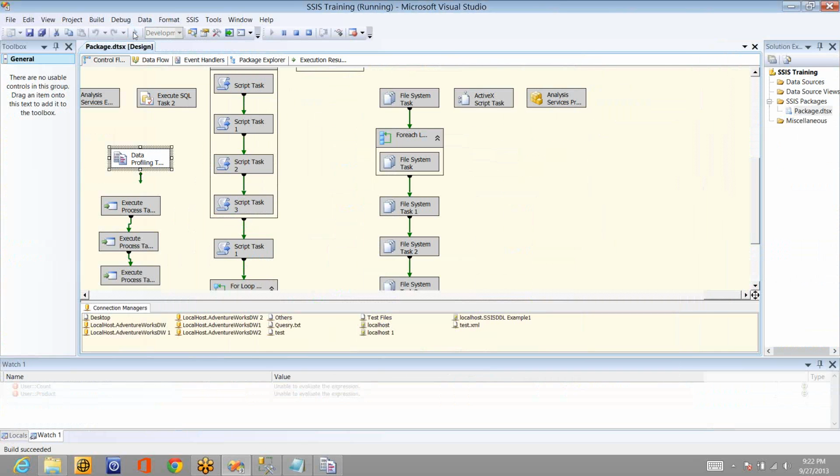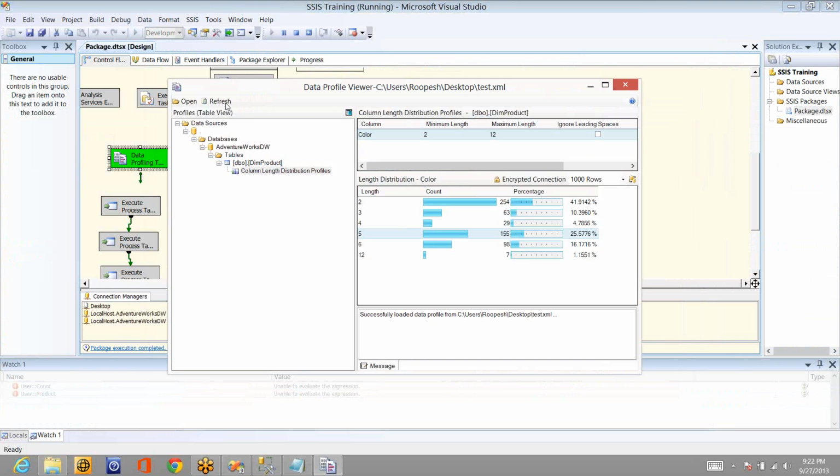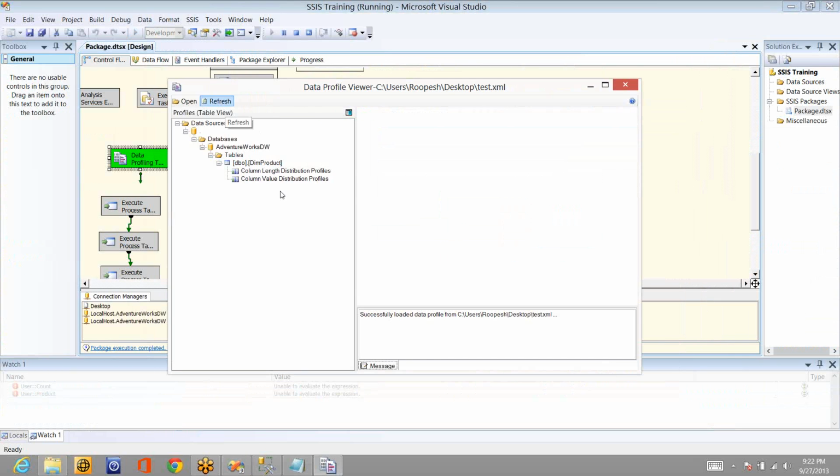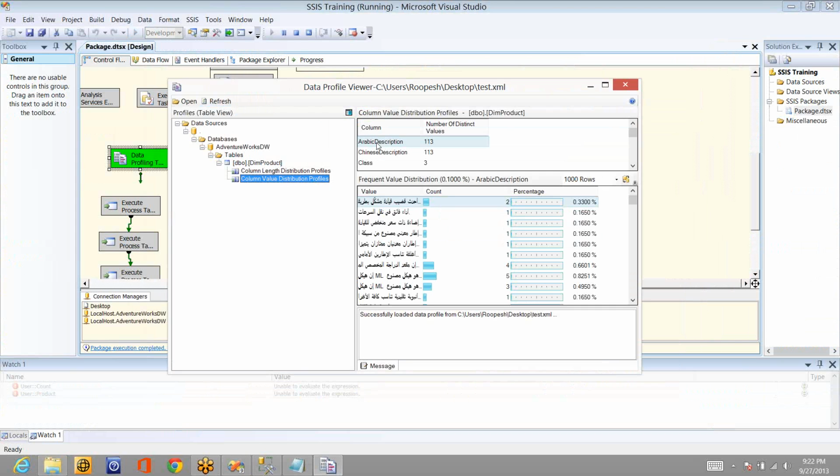How many values are there? What are those different values and so on? Column value wise combination and percentages. If I refresh it, you can see the second one is also added, that is column value. If I click on that, what I've selected, product, or